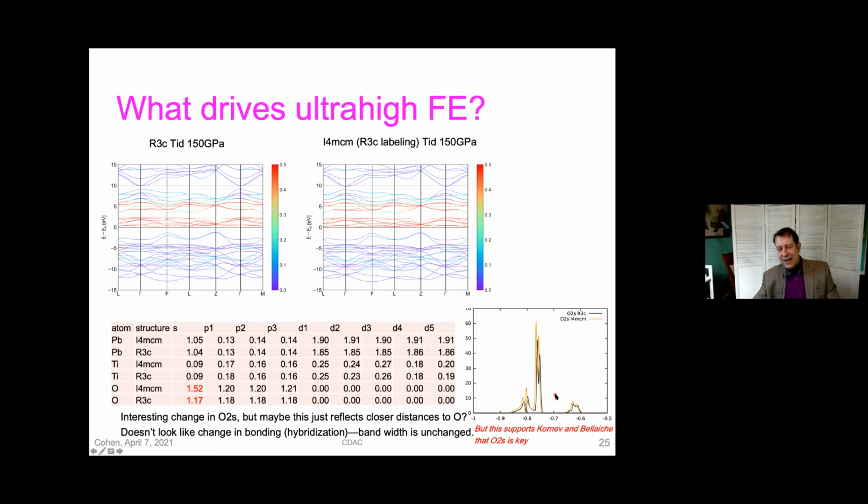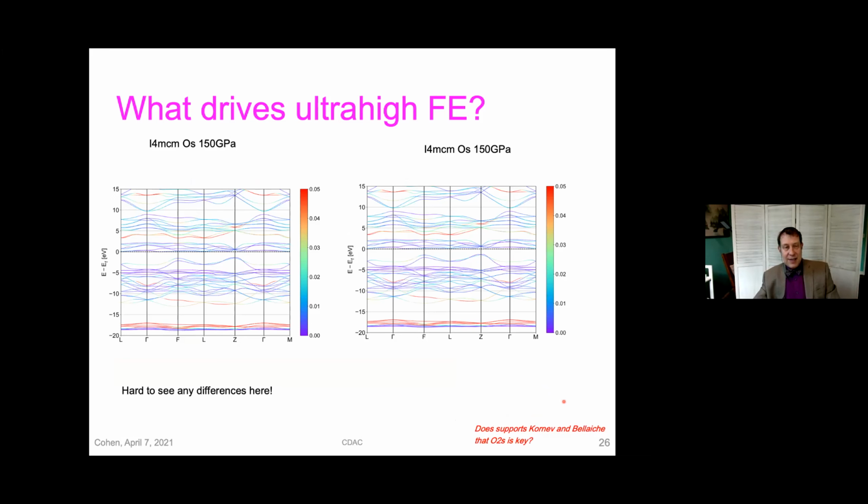First of all, you see it's not a delta function. It would be a delta function if they weren't involved in bonding at all. But on the other hand, you don't see any big change in the line width here or something that would imply some big change in the bonding. I'm going to continue with this in the next figure. This shows the whole band structure, but now highlighting the amount of oxygen s state in a given state. It is interesting that there are some states over here in the bonding, oxygen 2p area that have oxygen 2s character, like over here, for example.